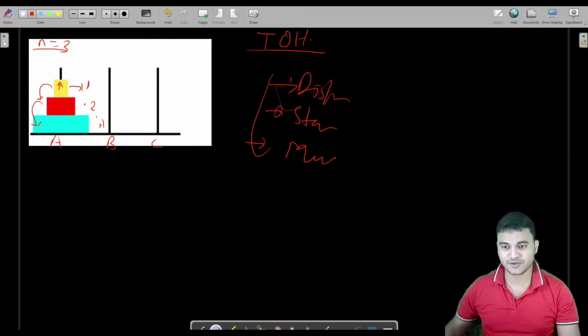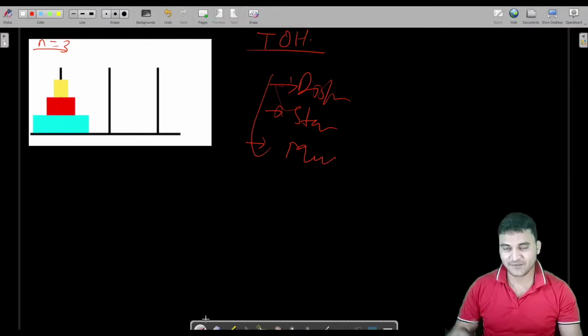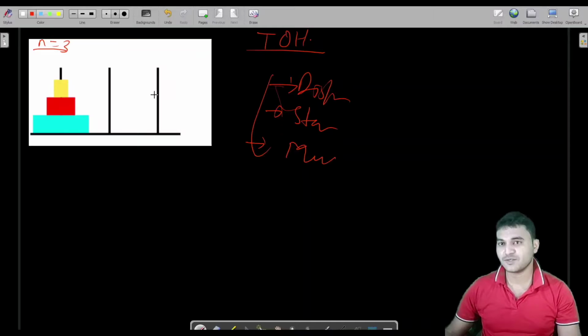This is Tower of Hanoi. This is a very famous problem, and there is some history to it also. There is a temple, and inside that temple there are 3 towers with these discs placed on them, and if anybody can solve it, then he or she gets the prize. But there are lots of conditions in that, and I will not explain each and everything here. Let us come to our problem first.